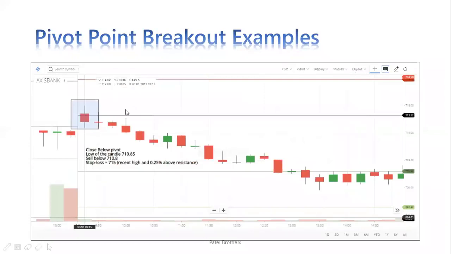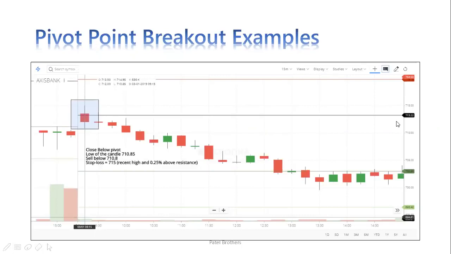So here this is Axis Bank in the first 15 minutes only. It has given the close below. It has opened above the pivot, but it has closed below the pivot. So below that candle's low, we can short sell it. The low of this candle was 710.85. So we'll sell below 710.8, and our stop loss will be the high of this candle itself, which was